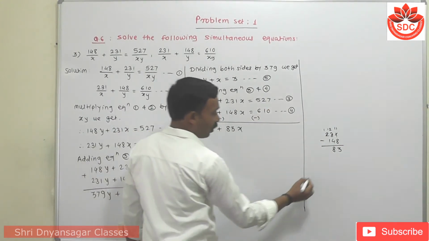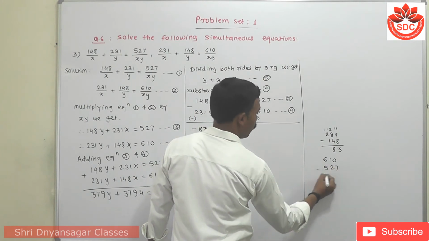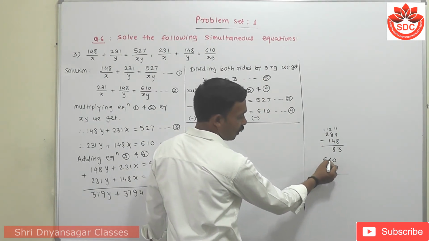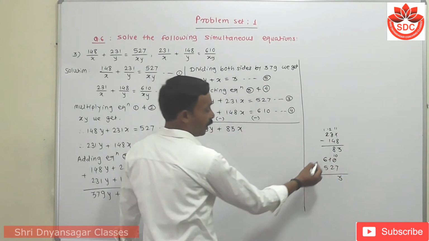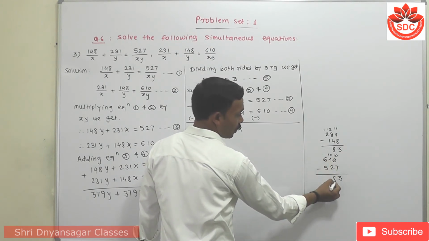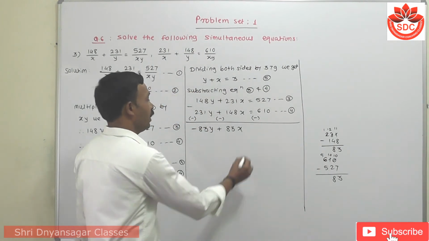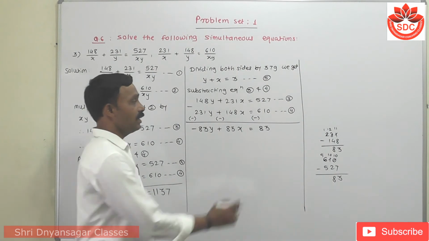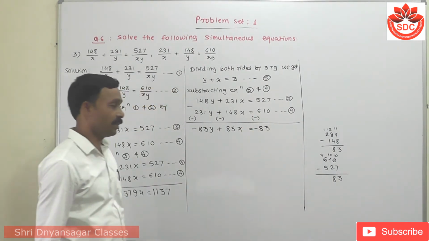Also the subtraction of this one: 610 minus 527. Okay, we cannot subtract, so take a carry from here. Here it becomes 0, but here it is 10. 10 minus 7 becomes 3. Here is a carry from here. Here is 5, here it becomes 10. 10 minus 2 becomes 8, and 5 minus 5 becomes 0. So here it is equal to also 83. Now student, here the bigger number is 610, so the sign is minus.